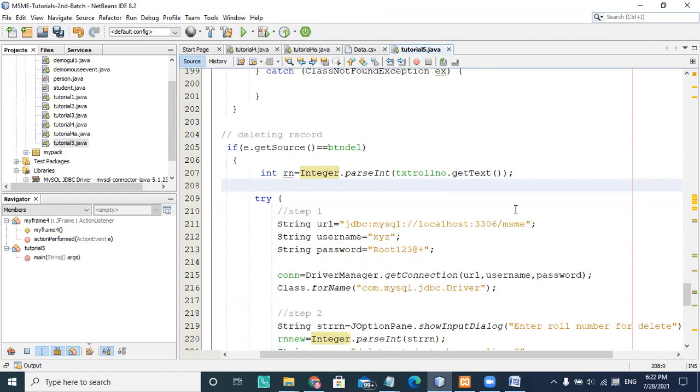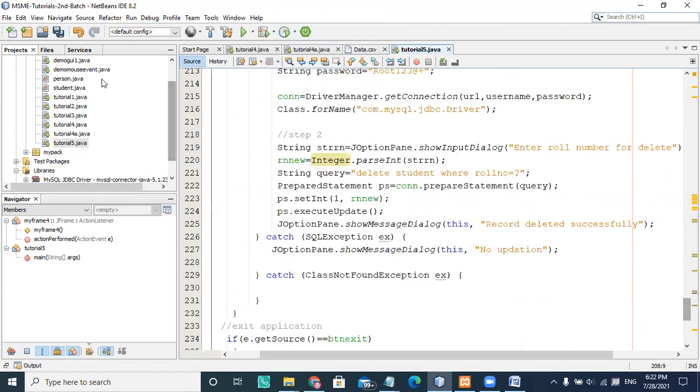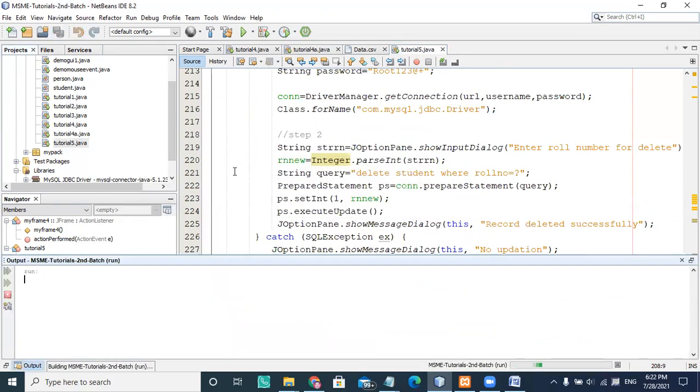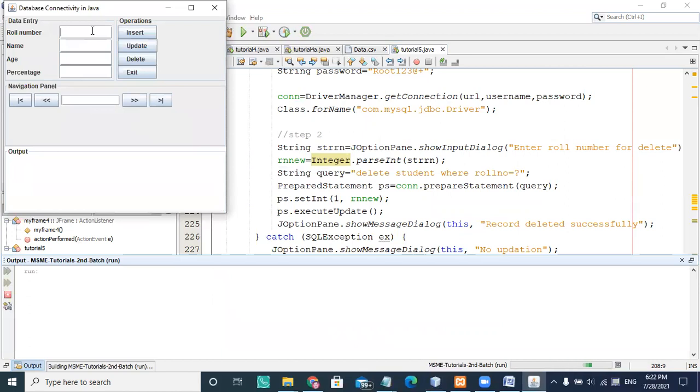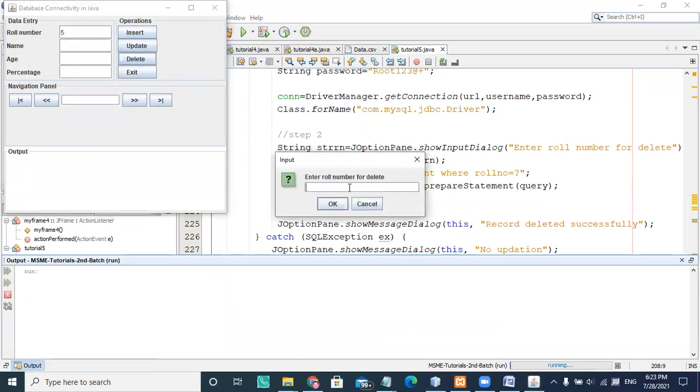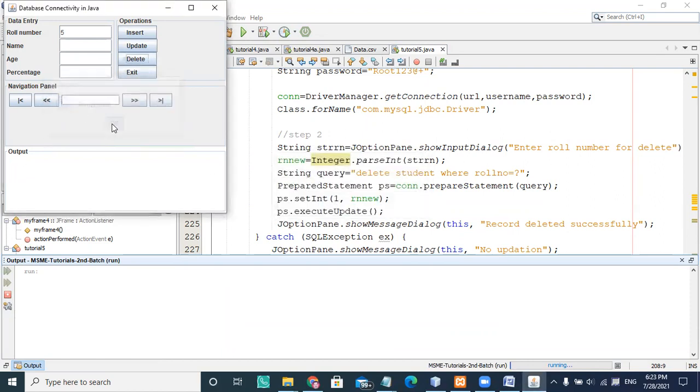So I'm just deleting those things here, which is not essential. And I'm looking for roll number. So running this and entering record number 5 and say delete here. So it's asking to enter a roll number. So I'm saying okay. So no updation.